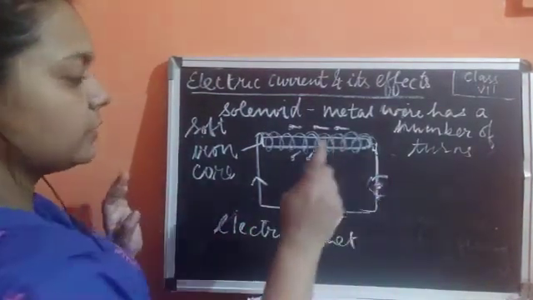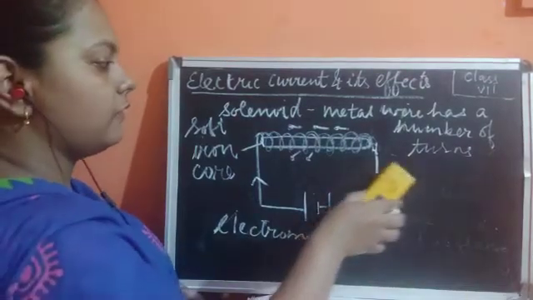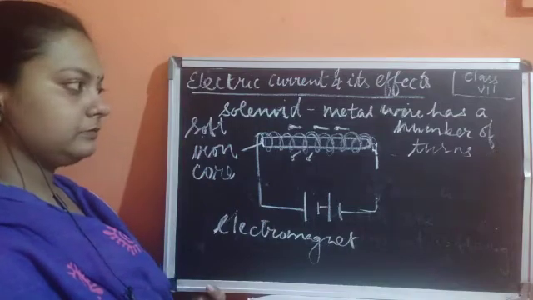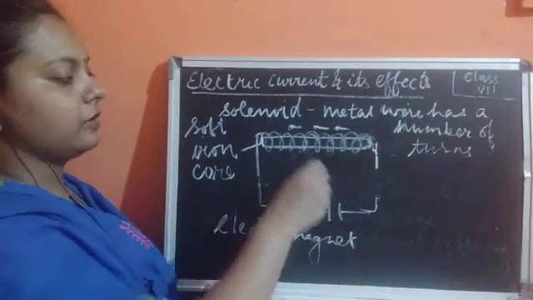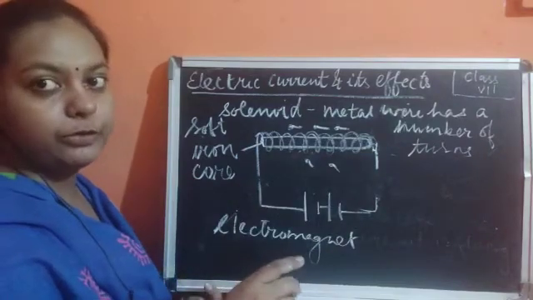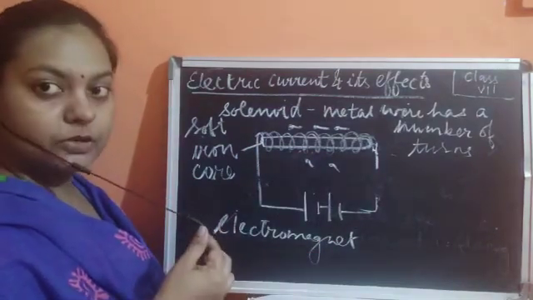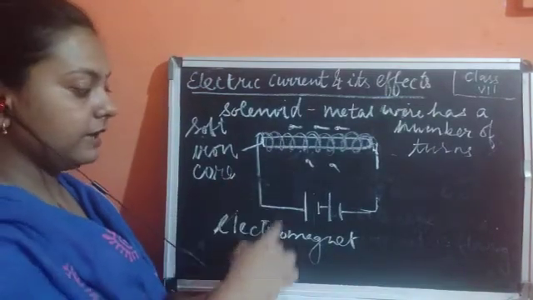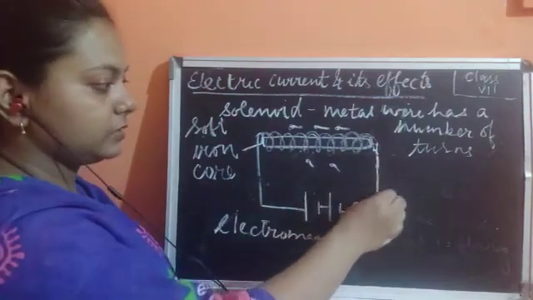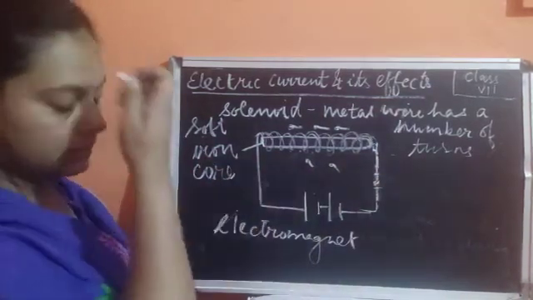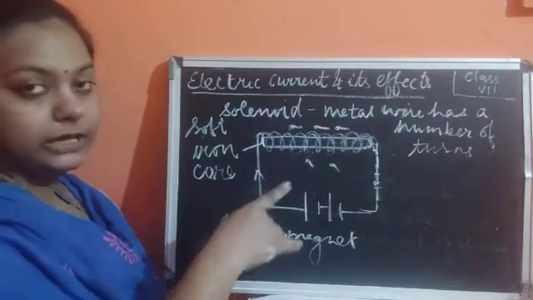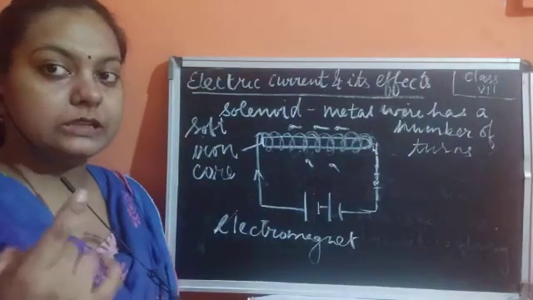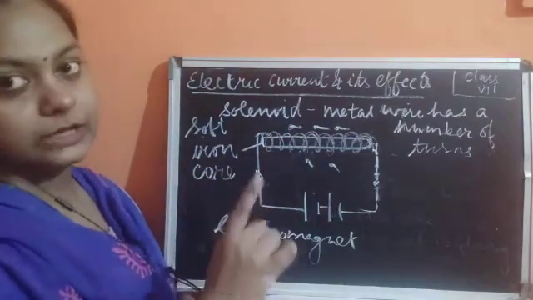Now as soon as this is switched off, the current stops flowing. Once the current stops flowing, all the pins would be detached from this. You could see that the soft iron core is behaving like a magnet till the time the switch was in on condition, or the circuit was complete, so the current was flowing in it. Till the time the current was flowing in it, this soft iron behaved like a magnet, and this is why it is known as the electromagnet.